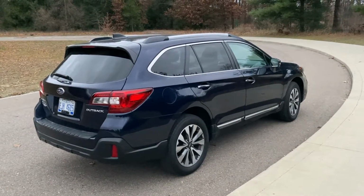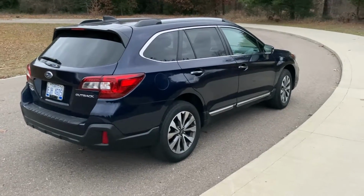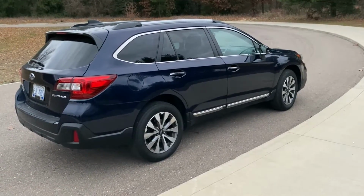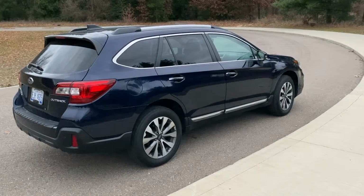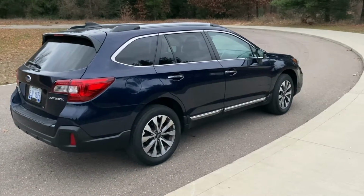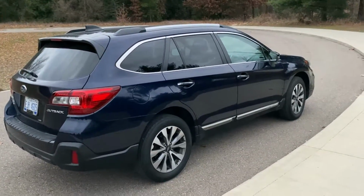As you can tell, it's in very good shape. It's pretty clean. This car, like I said, has 38,000 miles, was a personal lease vehicle for 3 years, and then we just picked this one up. Tourings are not very common, I found, throughout the country here in the US. It's hard to find them with heated steering wheels. You have to get a top-level Touring in the United States for this generation of Outback in order to get the heated steering wheel. And then you also get this,